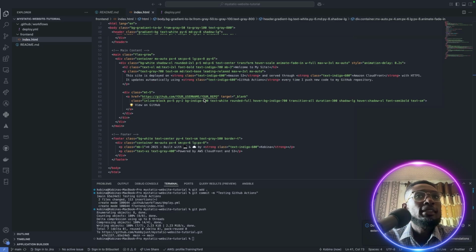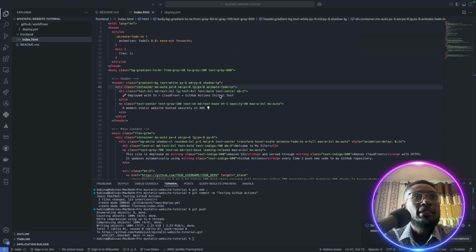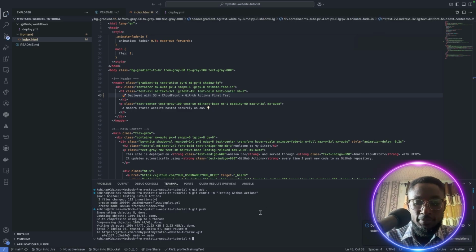So this is it, right? Now I'm going to make it final test. Save it. Do git add, git commit,